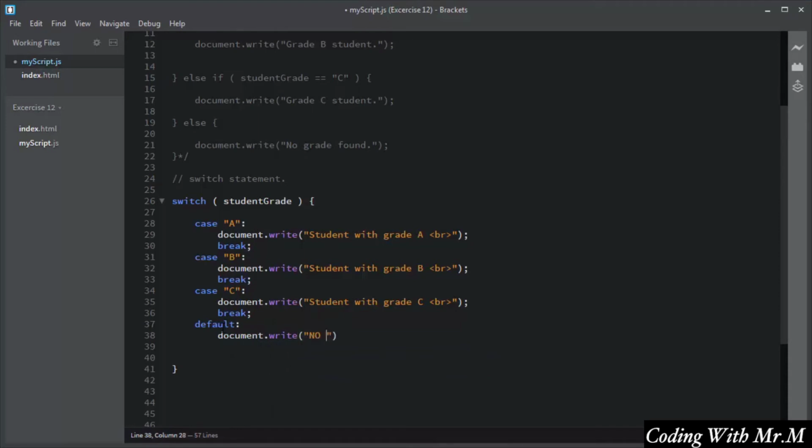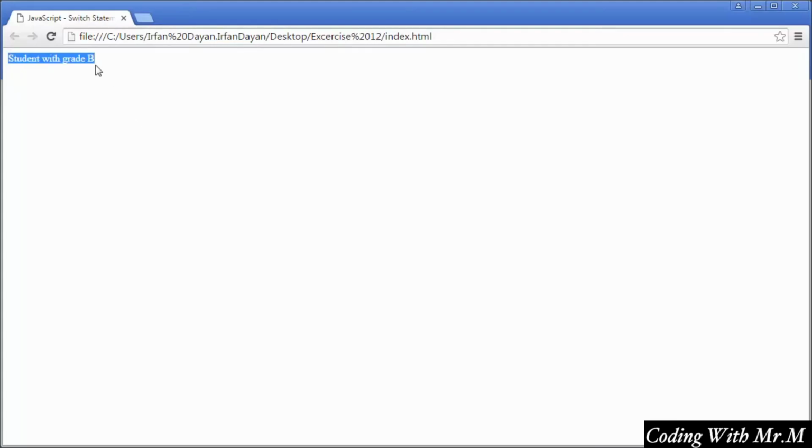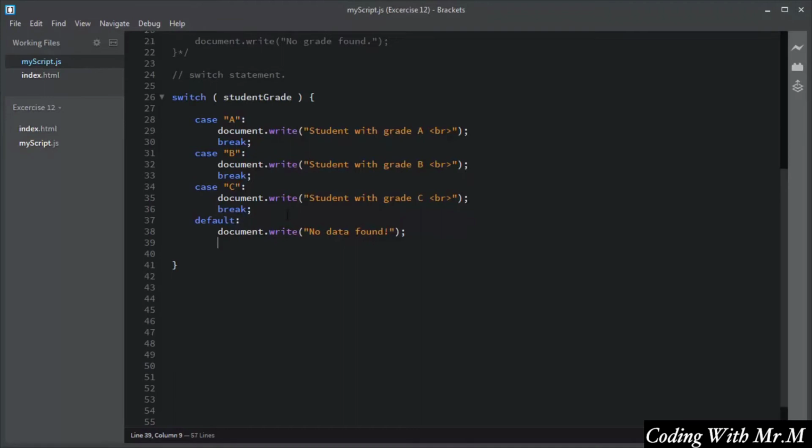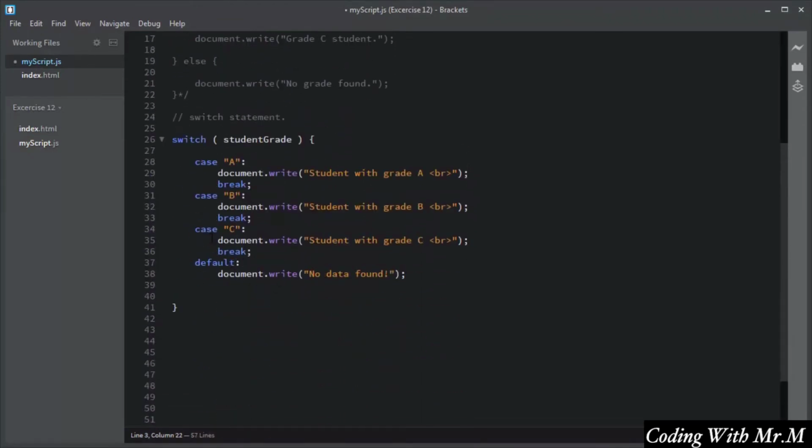I'll say no data found. So you don't need to add the break statement after the default keyword or the default case. So I will save this script and I will show you the result, and the result will be the same because the grade of the student is still B. If I change it to a C, then it will execute this block of code and then it will break